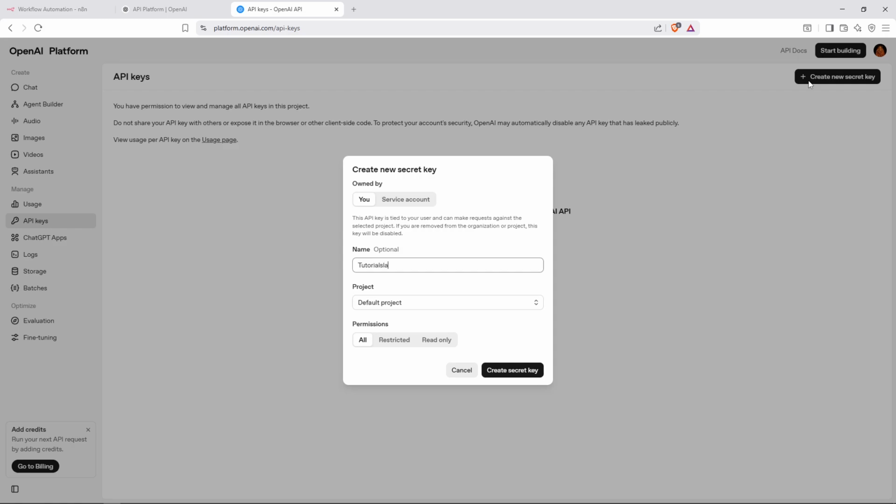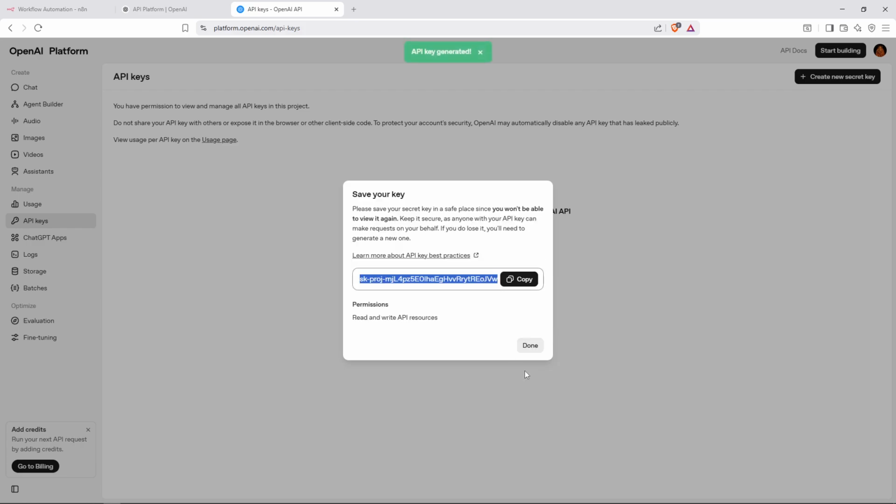Fill in the required fields with the necessary information. Then click on Create Secret Key. An API key will be generated and displayed on your screen. Click on the key to copy it to your clipboard, then switch back to your N8N credential window where you